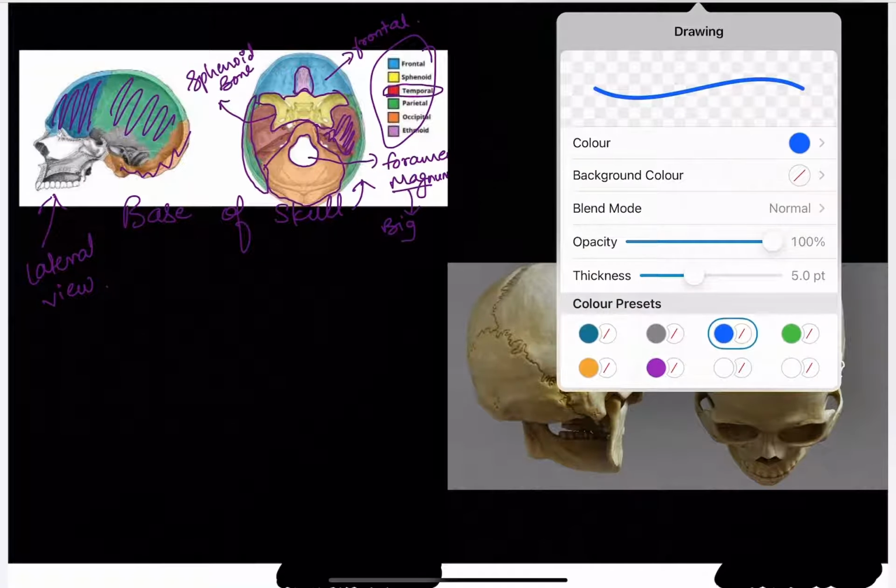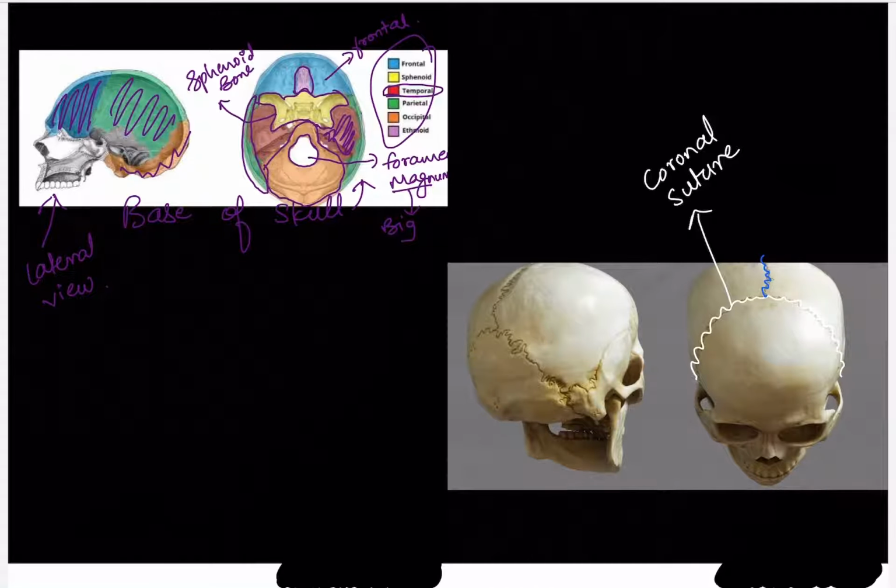Okay, can you see this suture? Let me change the color. This suture, right? It's connecting two parietal bones. You can see right here as well. This is one parietal bone, this is another parietal bone. The suture which is connecting two parietal bones is known as the sagittal suture. And there's a very important thing lying just beneath this suture, and it goes with the same name. Along with the sagittal suture, there's a sinus. Sinus is nothing but some type of depression or groove. Just beneath the sagittal suture, you have the superior sagittal sinus.